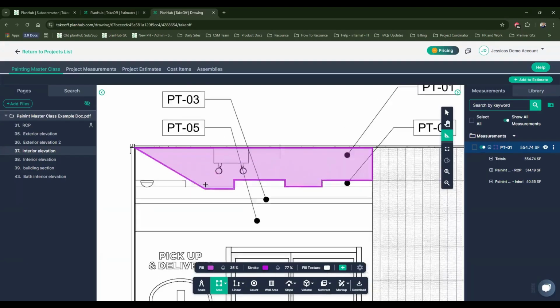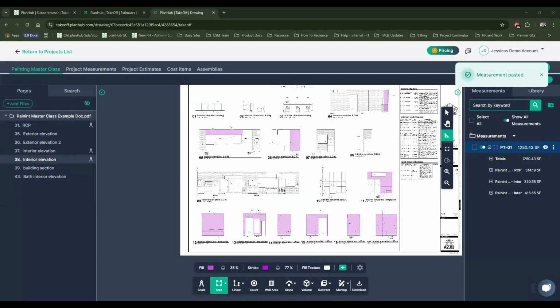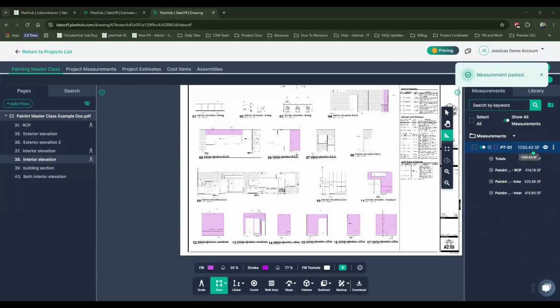If you ever drop a point in a place that you do not want it, use the Escape key on your keyboard to undo that point. Once you have completed all measurements, you can see the combined total square footage provided to the right in your Measurements panel. If you're done measuring for this project, you can pull this information out of the system by navigating to the Project Measurements page